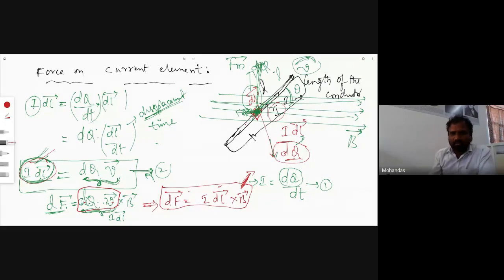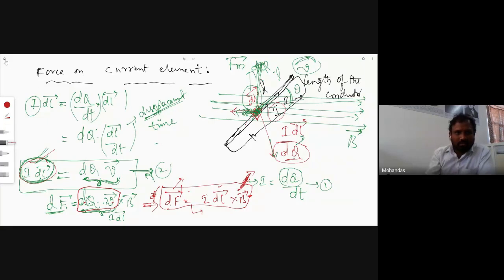And in the next case, one more equation will come. If it is a differential magnetic field, if it is a dB, then here you have to write the differentiation of the differential force. Later we will discuss that. Now this is a differential force which exerts on a differential current element placed in the presence of a magnetic field. Now, how could I get the total magnetic force? By integrating. Yeah, very good. By integrating this equation.